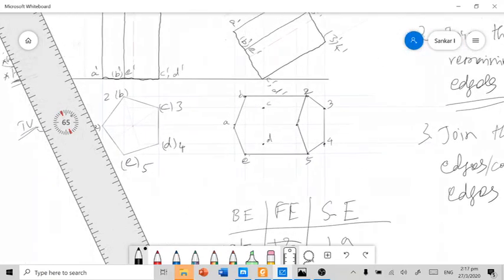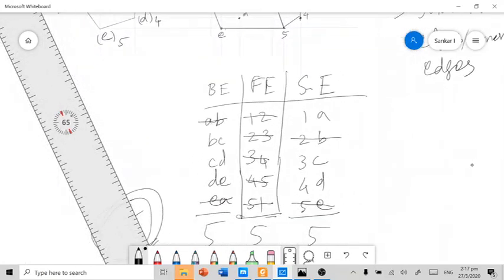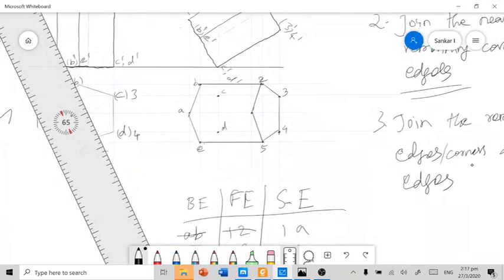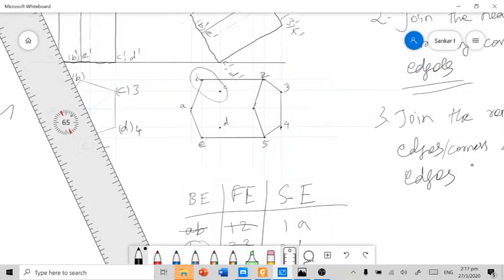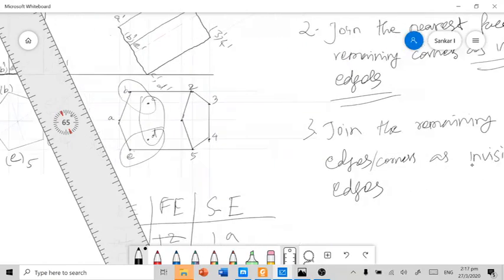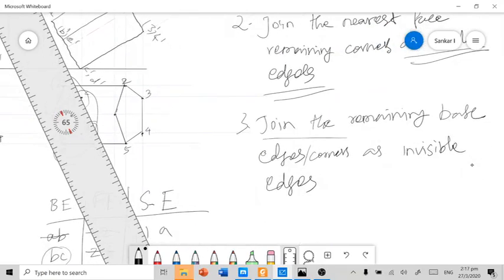See here, the remaining base edges are BC, CD, DE. Here you can see BC, CD, DE. They are not yet connected. As per the third step, join these as invisible edges.